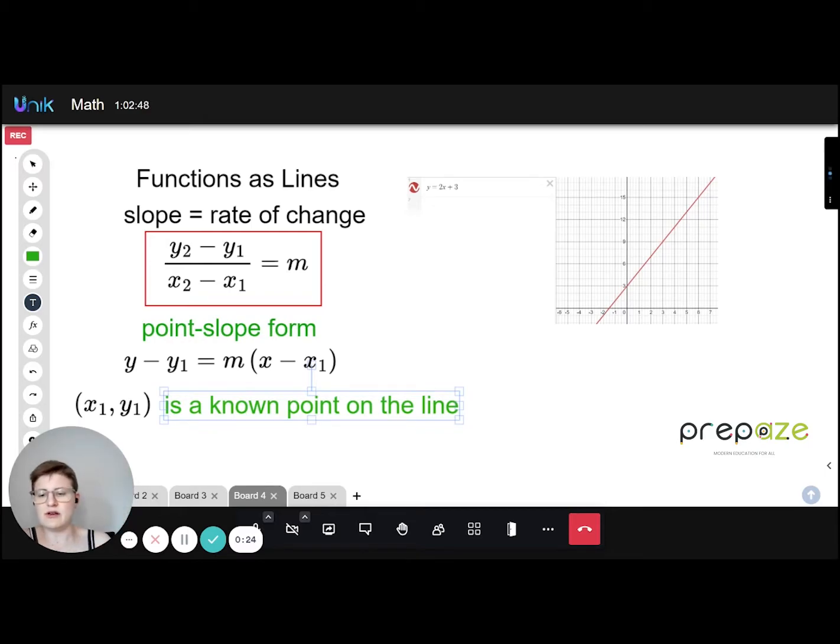In this case, we'll be going over point-slope form, which uses that same slope constant rate of change value, m, and you guessed it, a point. So the point is a known point on our line, which is either going to be given to us or we can see it on the graph. We know it's a point that exists, that the horizontal movement and the vertical movement will lie on a point on the line. So if we plug those values into the equation, we should be able to get the same